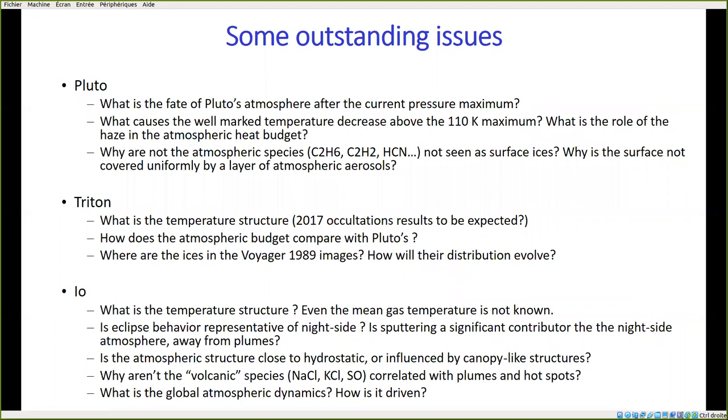So in summary, I hope I have illustrated a few physical aspects involved with the tenuous atmospheres of the solar system. As we saw, a lot of progress has been made recently in characterizing the atmospheres of Pluto and Io. Pluto in particular is a fascinating example, I find, of an atmosphere that shows resemblances and differences with both Mars and Titan. It resembles Mars in terms of surface-atmosphere interactions, and it resembles Titan in terms of atmospheric chemistry. In some sense, it's a mini version of both Mars and Titan.